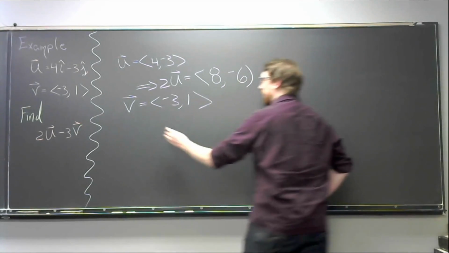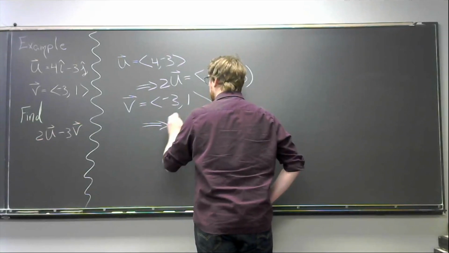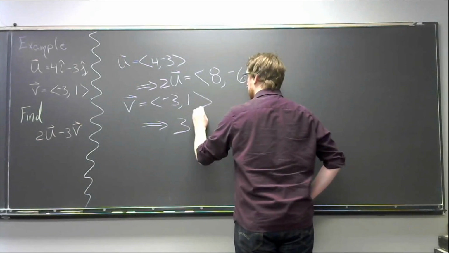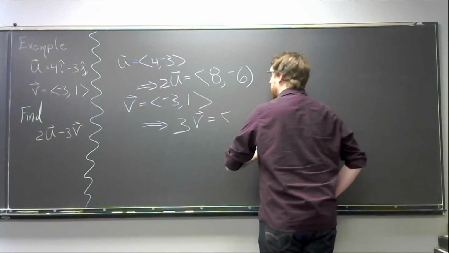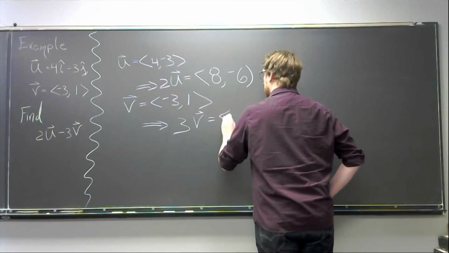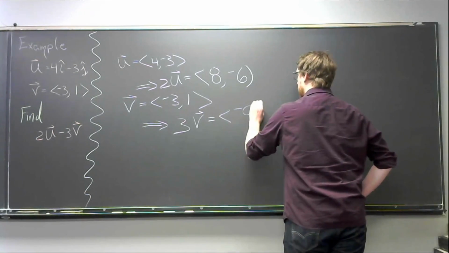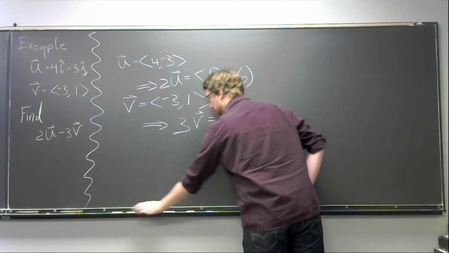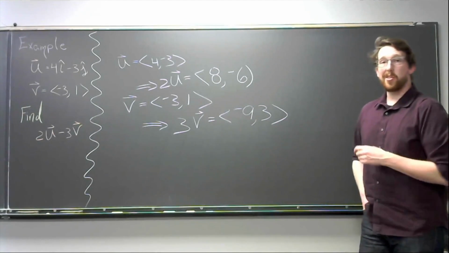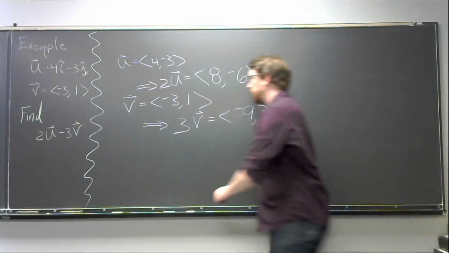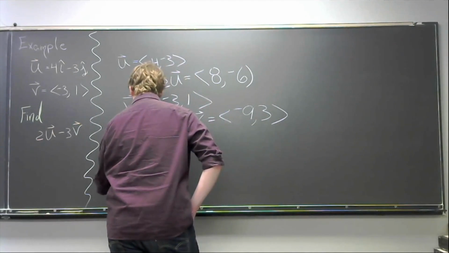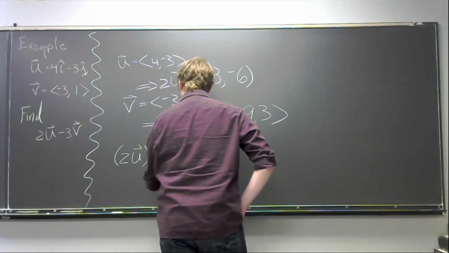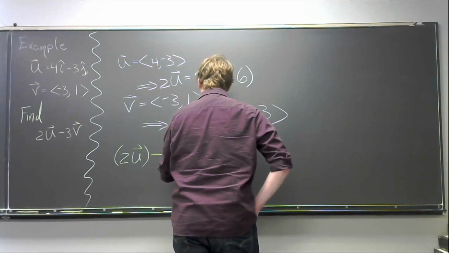Well, that tells us that 3v is going to be equal to -9, 3. So, putting all of this together now, we've got 2u, which we just calculated, minus 3v, which we also just calculated,